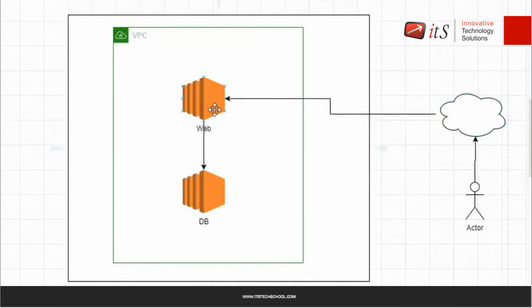Okay. Now, what about the database? We will not need any kind of internet connectivity for my database. I only need internet connectivity for my web server. If the client from outside is not going to connect to my database server, they are just going to connect to my web server, so I will not need any kind of internet for my database. Just like that, there may be multiple machines that need internet, and there may be multiple machines that don't need internet in your architecture.